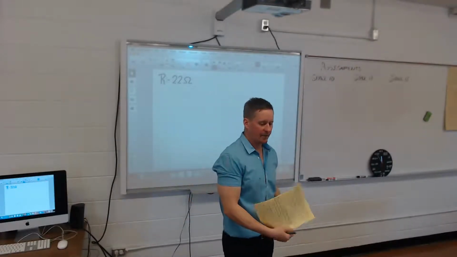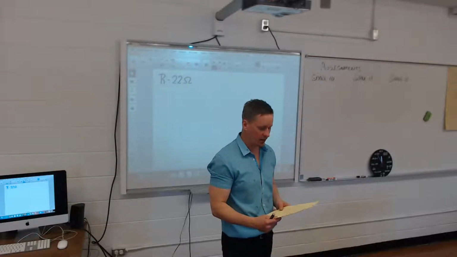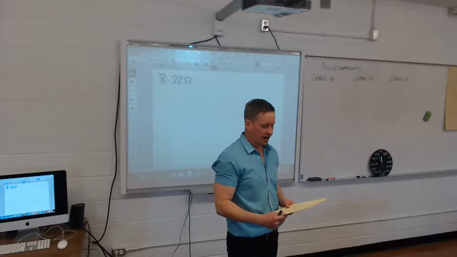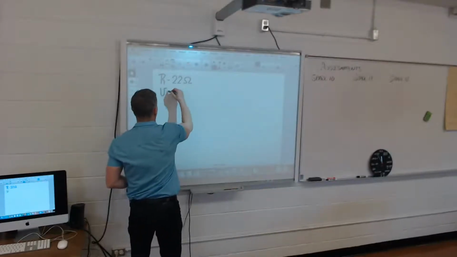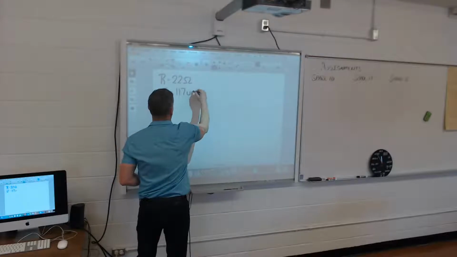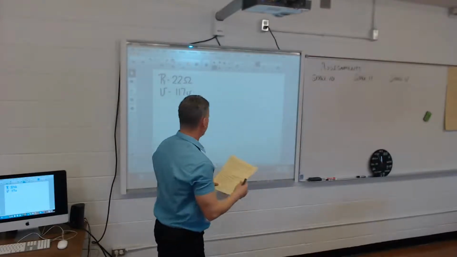So this is the example on the sheets here, and you can also look at page 451 in the book. It is designed for use across a 117 volt circuit. It says, how long will it take to heat